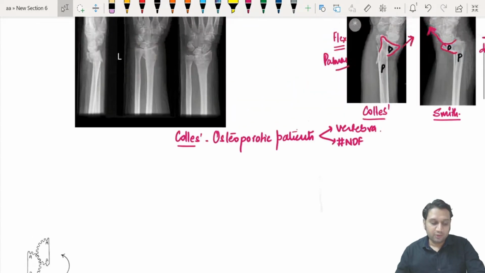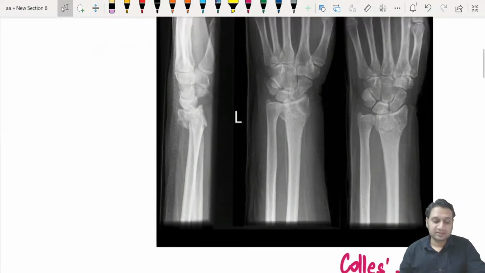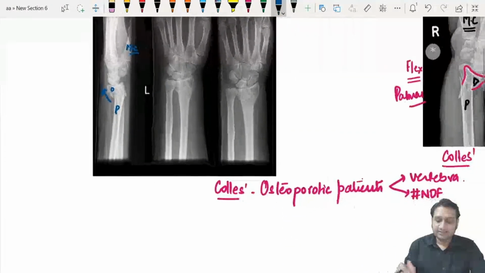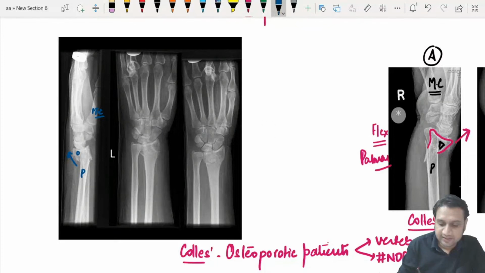Okay, so now have a look at this particular X-ray, and then you'll understand the steps related to the reduction of Colles fracture. Now we have to understand this. See, now you all can appreciate this. The first metacarpal, the thumb, the proximal part of the bone and the distal part of the bone, where it is projecting, it is deviating towards the dorsal side. So first we need to understand the displacements related to Colles fracture.